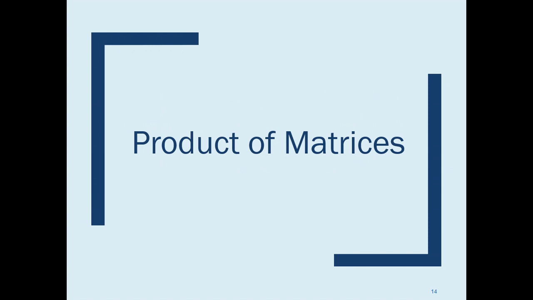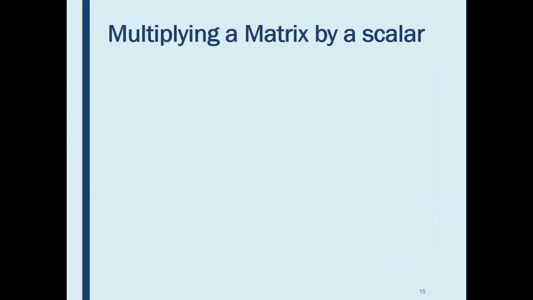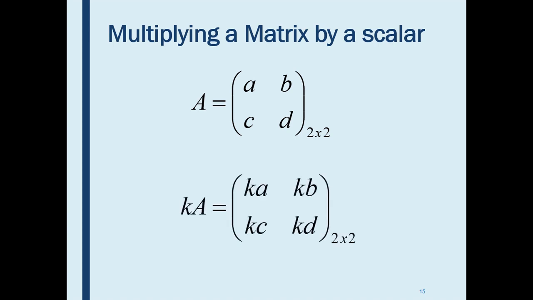Let's move to matrix multiplication. Matrix multiplication discusses two basic topics: multiplying a matrix by a scalar and multiplying a matrix by another matrix. First one, multiplying a matrix by a scalar value. Here, a scalar is a number, it's not a matrix. Also here, the matrix can take any order. How do we multiply a scalar with a matrix? In this case, we have to multiply all elements in the matrix by the scalar value.